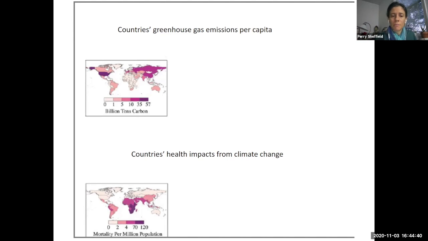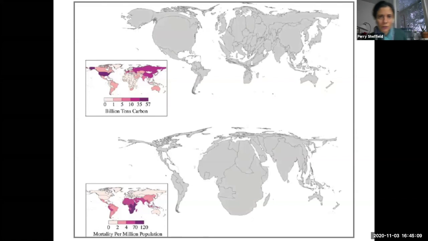And then in the bottom, these pictures will get bigger in a second to show you a cool distortion to illustrate this. But on the bottom is one fairly conservative estimate about mortality impacts from climate change. And then again, you can see that it's almost like the photo negative of the above picture in terms of where the impacts will be globally compared to where the contribution to climate change has happened. And so this picture takes away the color, but then distorts the land size of the country by where either, again, contributions on the top, but impact on the bottom.